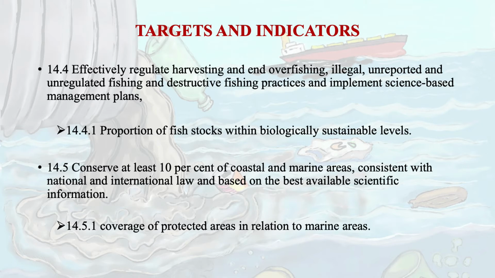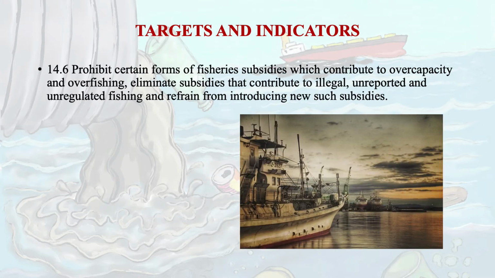So in the same way, we talk about goal number 6, which is on prohibiting certain forms of fisheries subsidies, because sometimes, to improve the livelihood of fishing communities, the government subsidizes some forms of practices for harvesting the fish, which contribute to overcapacity. Because of the subsidies given by the government, there is a negative impact due to the overuse of that particular scheme, and overfishing happens. So we need to eliminate those subsidies